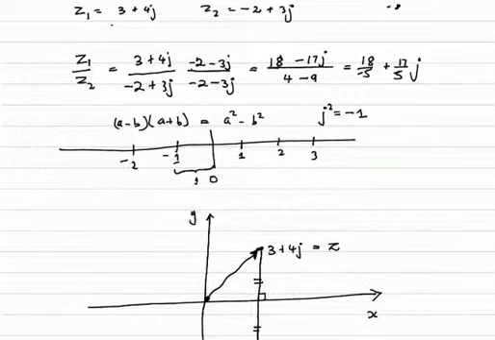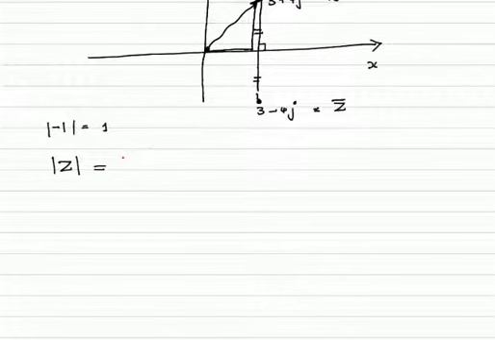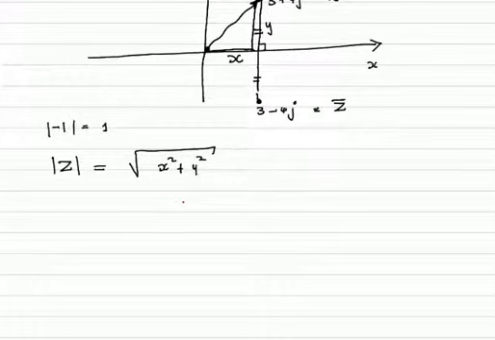But in this case of z, we're talking about z there. I think you can see that there's a right angle triangle generated in that form. So which means to get this distance, we must use Pythagoras. Then we're going to say the modulus of z is basically going to be the square root of x squared plus y squared. Remember, the horizontal here is x and the vertical other side is y. So that is what we call the modulus of a complex number.